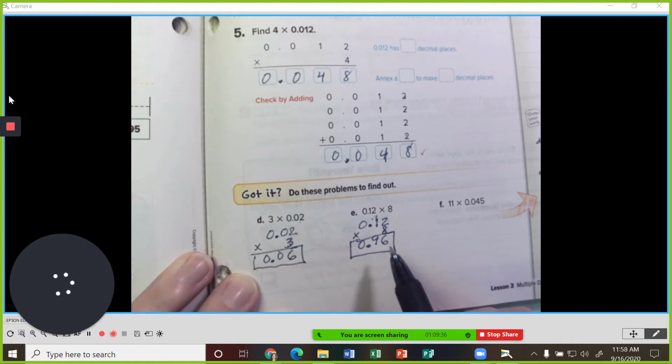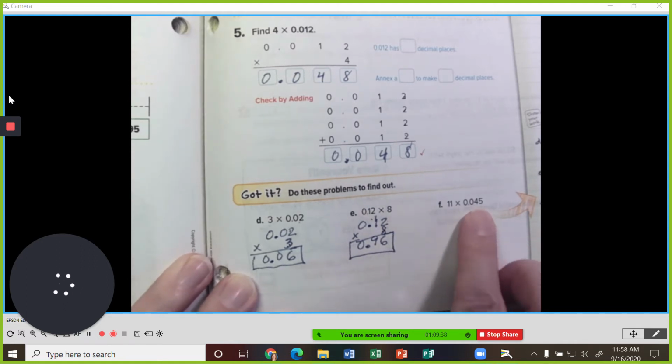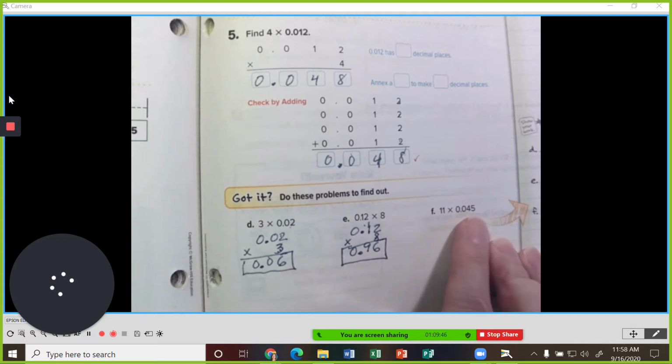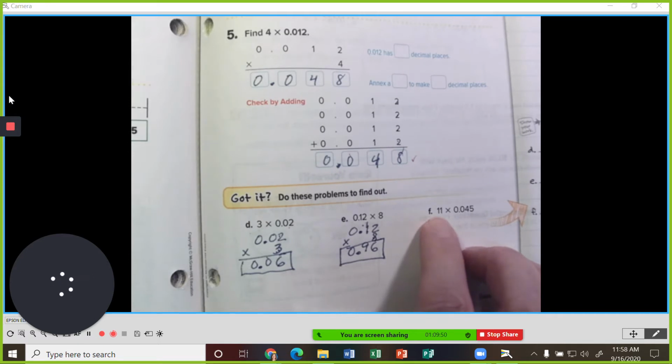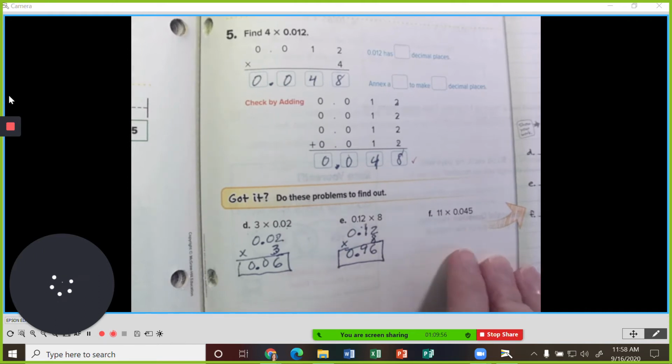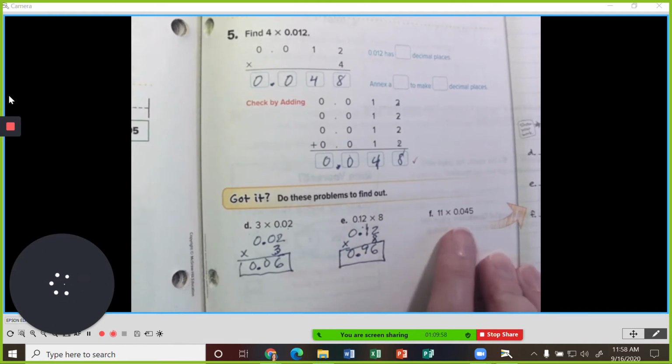All right, if you think of this one like money, 0.04 would be 4 cents. 0.045 would be 4.5 cents. So about 5 cents. If you had 5 cents 11 times, you would have 55 cents. So this answer is going to be a little bit less than 55 hundredths, or a little less than 55 cents if you think of it like money. So let's go ahead and do number 11. We have